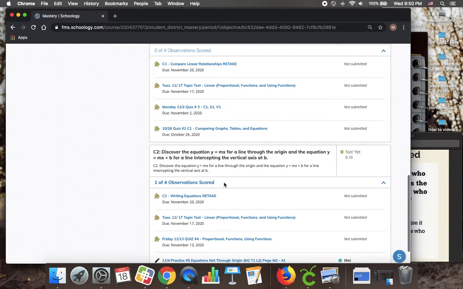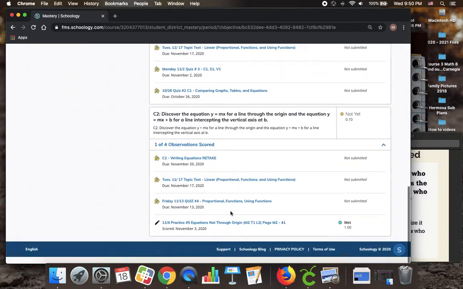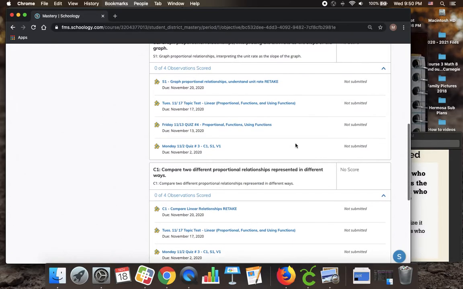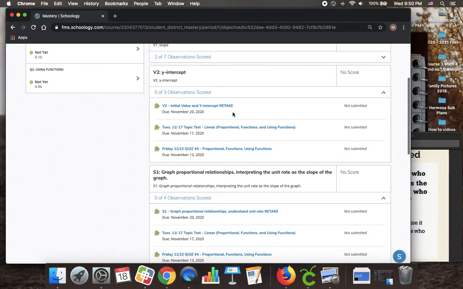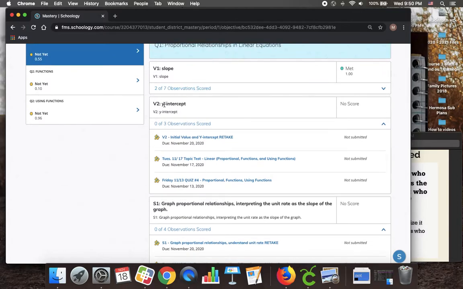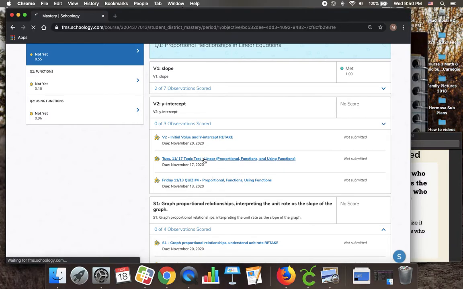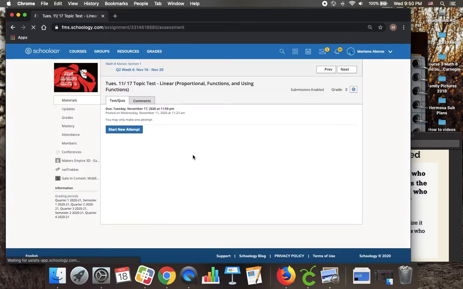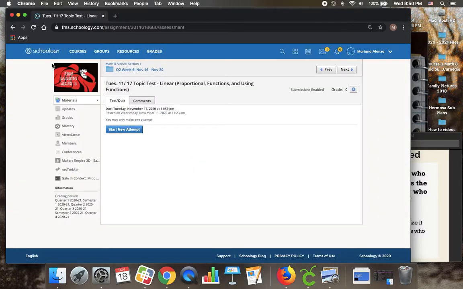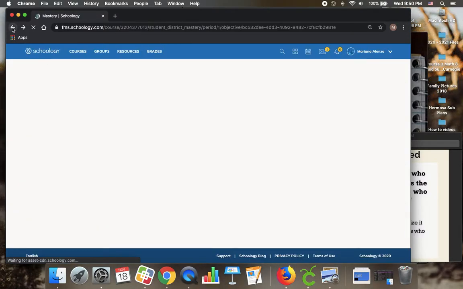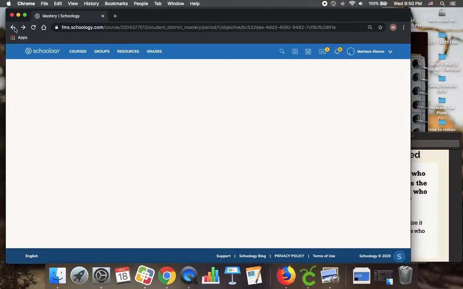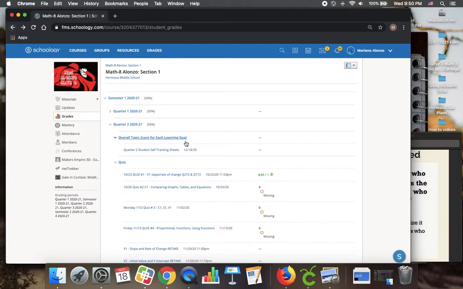So if I find one like this one that says not yet, actually I'm going to start with a simple one, because remember you can't count complex until you complete your simple. So I'm going to go to this vocabulary. Notice he didn't even take the topic test. If I click right here, it will take him directly to the topic test where he could complete the topic test. If he had taken the topic test, which I hope your student has,